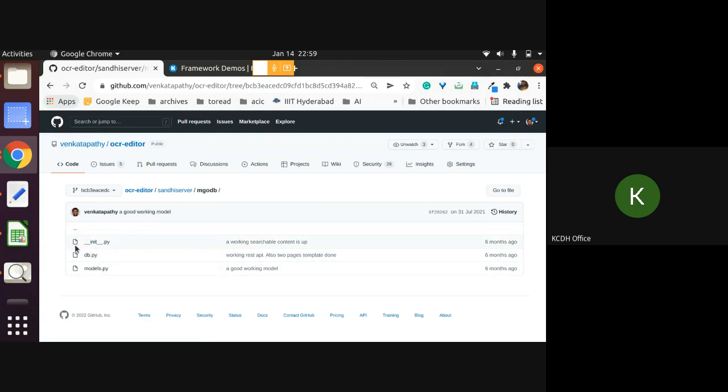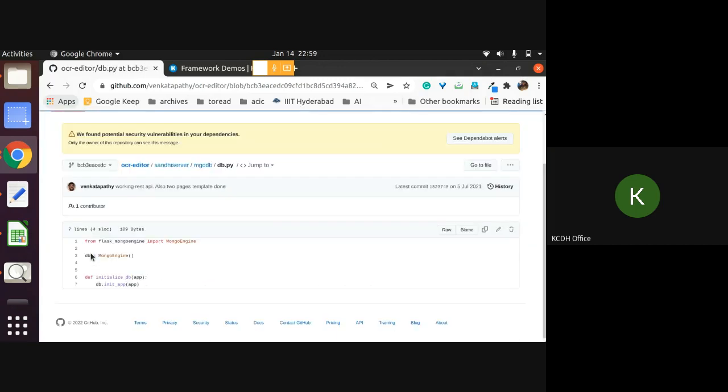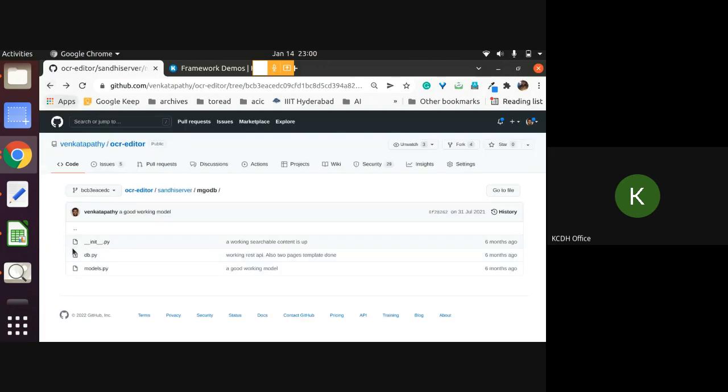So instead of MongoDB, if you are creating, let's say, SQLite, you will have another folder called SQLite and call these functions, right? It's very, very simple. So you create a database engine and initialize that with whatever. If you do this, whatever configuration you are giving in the app will be taken for the Mongo engine. And if you go to the app,